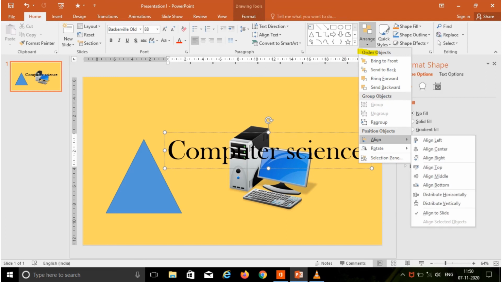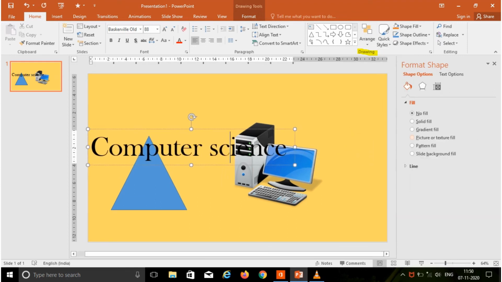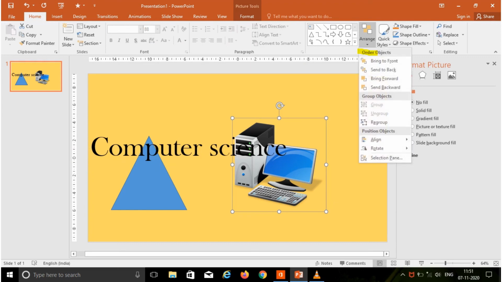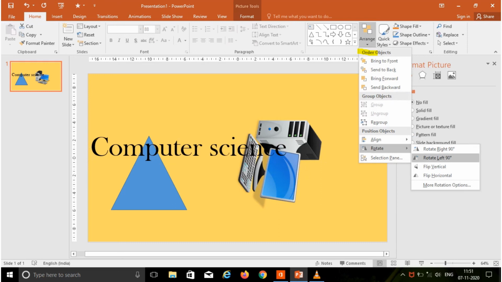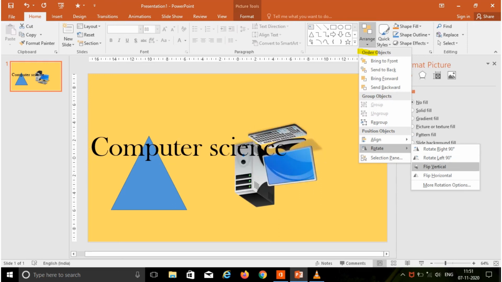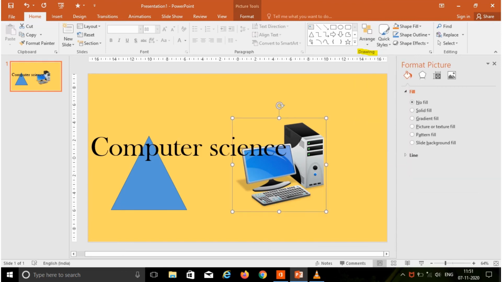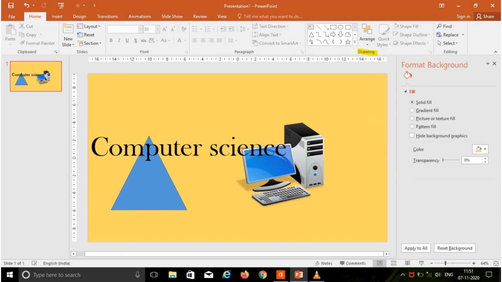Now we are going to align the objects. Choose one of the align options; here I am choosing align left, so the text will be moved to the left. Next we are going to see the rotate option. First I am choosing rotate right 90 degrees, then rotate left 90, flip vertical, and the last one is flip horizontal.